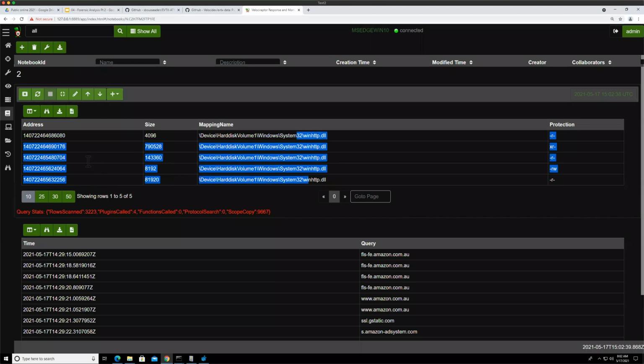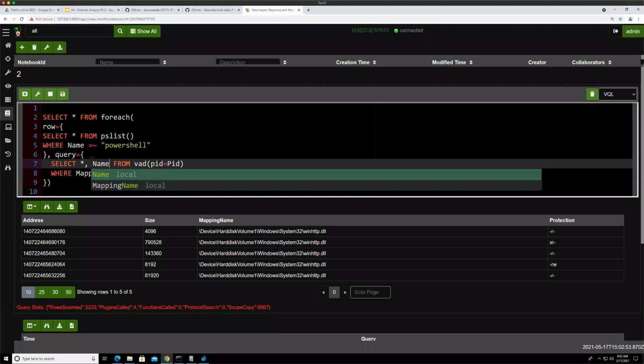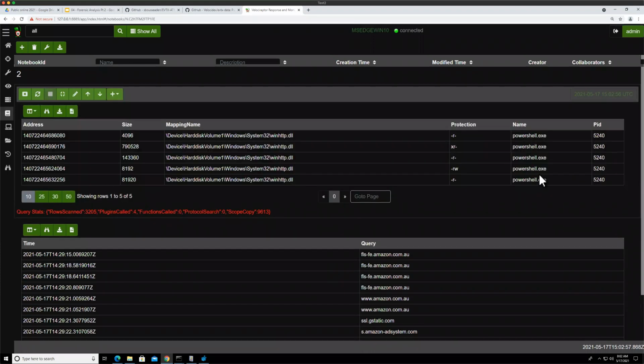You know, I can just add some context here, name, comma, pid, comma, process name, pid. So I can say that's the PowerShell's program, and it's linked in the WinHTTP. So this gives me an idea of kind of what the functionality of the process is,